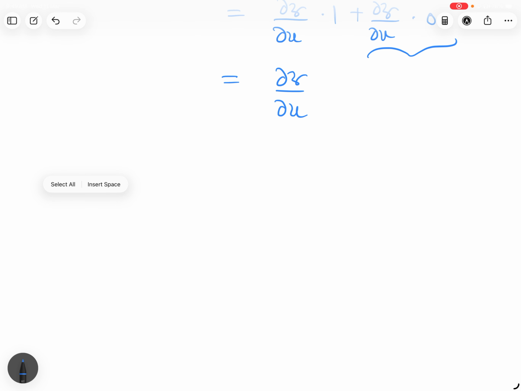Now, given the PDE, there is no small r, only s and t are coming. So I am going to calculate s and t values only. So what is the s value? s value is given by del 2 z upon del x del y. I can write this this way.